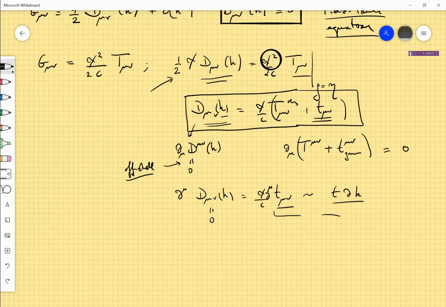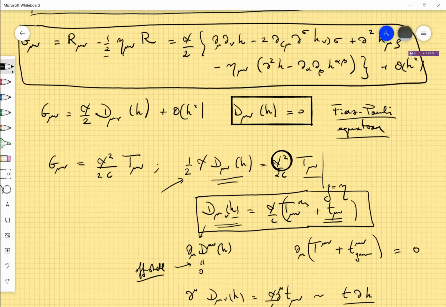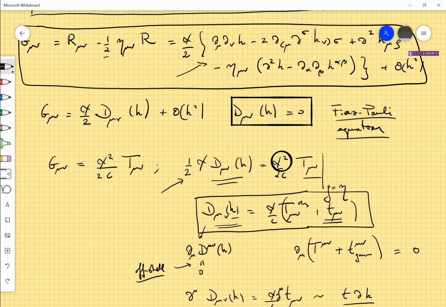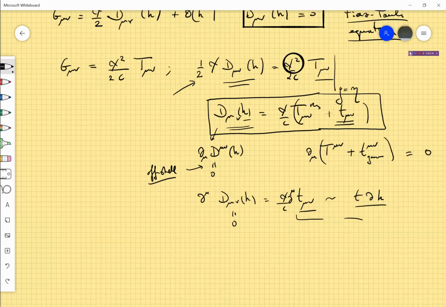Okay, let me go back to the gauge invariance that Fierz and Pauli used to construct these actions. Basically, they consider all the possible terms with these equations of motion. They consider all the possible terms that contain two derivatives of h, and they checked which combination is invariant under these transformations. You will see that they are more or less what you expect.